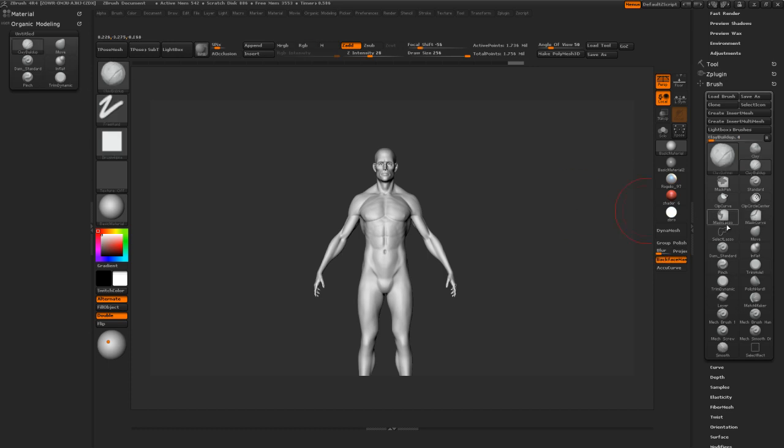your trim dynamic, and then our masking brushes as well. So we got mask pen, and then we'll bring in the standard brush, which I use for color a lot, but also for clothing to set up wrinkles. But back to the masking brushes, the mask lasso, which I use a lot during T-posing, and the mask curve, which is good for hard surface, and the select lasso, and the clip curve brush, which is good for Dynamesh and hard surfaces as well, and matchmaker,